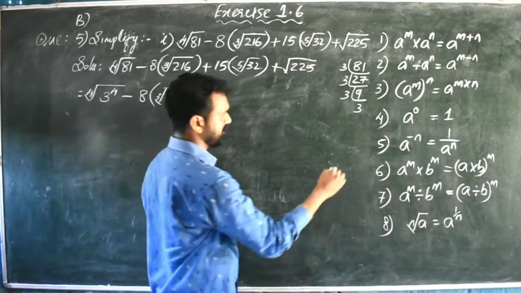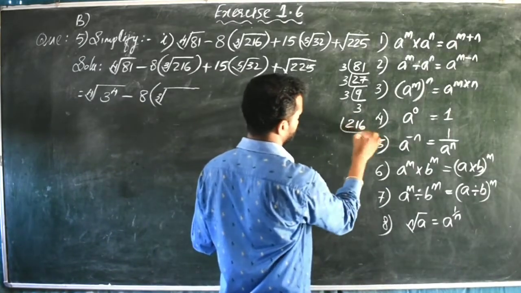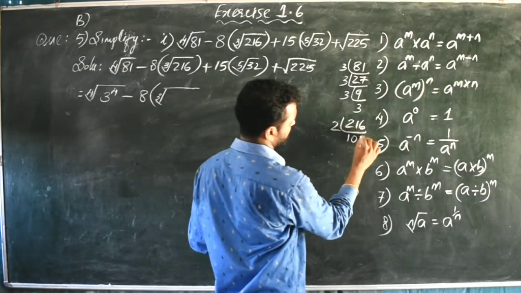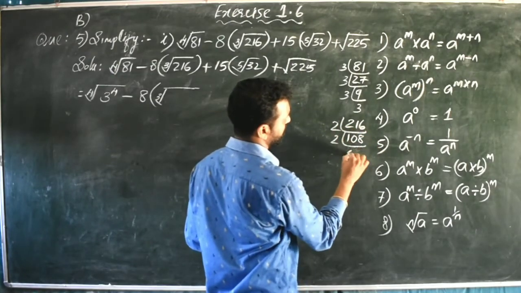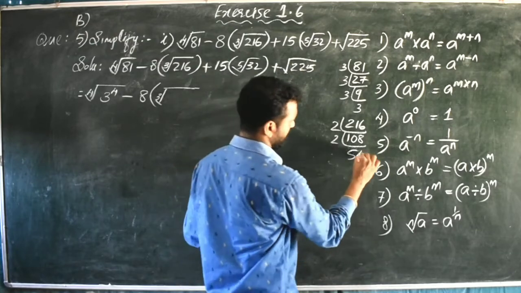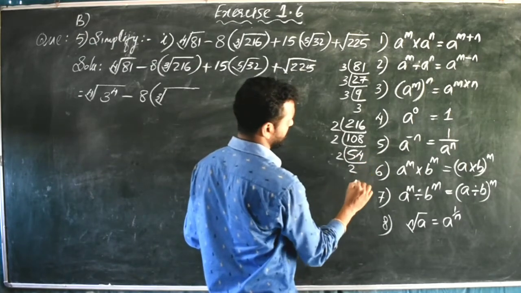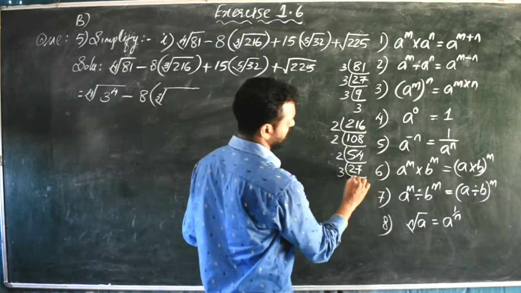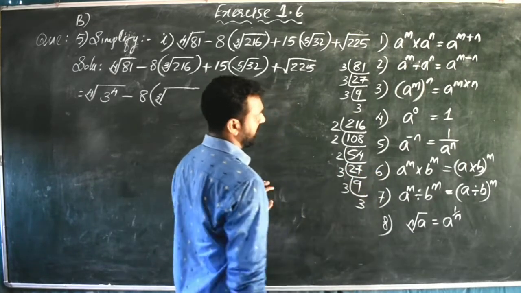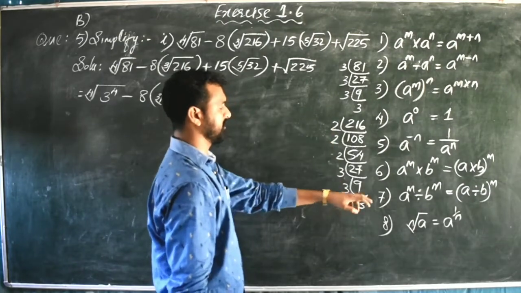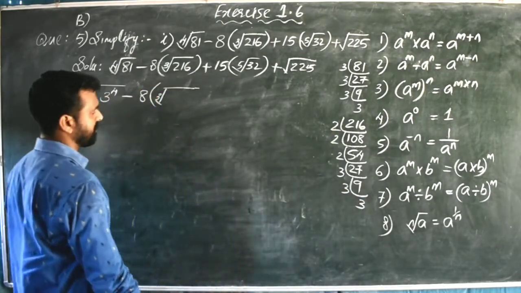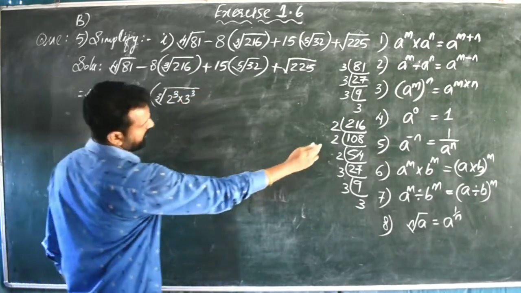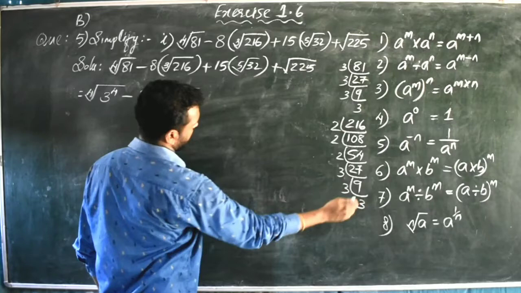216 we have to factorize. 216 divided by 2. 2 ones are 2. 1 by 2 is not possible, 0. 8 2s are 16, divided by 2. 5 2s are 10. 4 2s are 8, divided by 2. 2 2s are 4. Remainder 1, 14. 7 2s are 14, divided by 3. 9 3s are 27, divided by 3, 3. 2 raised to 3 into 3 raised to 3. That is 2 3 times it is there, and 3 times.